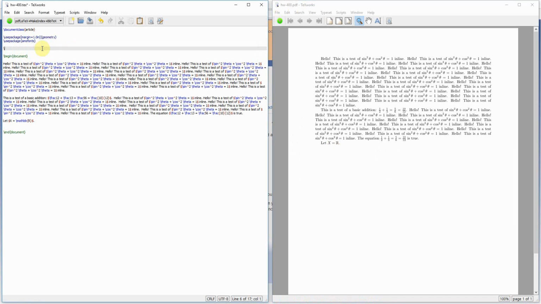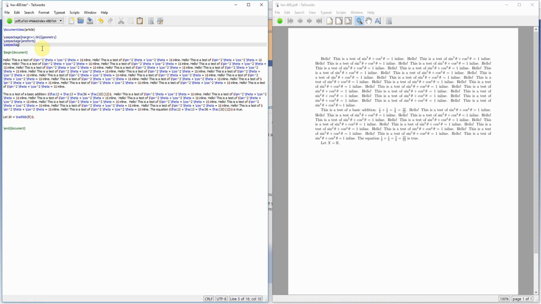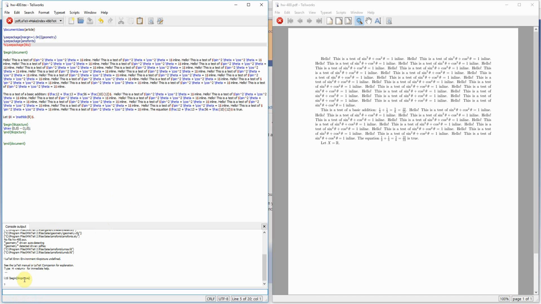There's another package I like, even if I don't use any feature of it right now, TikZ, T-I-K-Z, and that's going to allow me to have a \begin{tikzpicture} environment. Let me create this TikZ picture environment where I can draw a line from the origin to 1 unit away. Let me make this intentionally break by commenting out the TikZ package line, and it says here, I don't understand this environment, right? So if I uncomment this and then redo the compile,